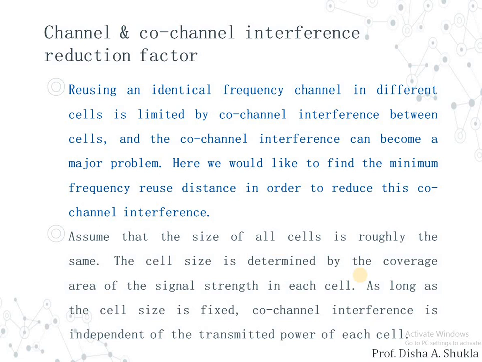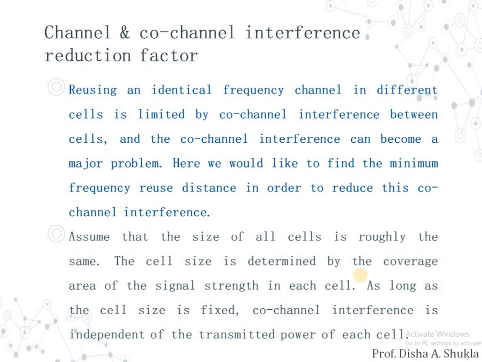That is, in every cell we say there is a base station. So the signal that is generated by that base station, how much area can it cover such that the signal strength remains the same. As we already know, the signal strength of a particular BS or a particular transmitter decreases as the distance increases. So up to some level we can say that the signal strength is maintained. So the cell size will be determined based on that area, that is the area up to which the transmitter in that particular cell's signal strength will be the same.